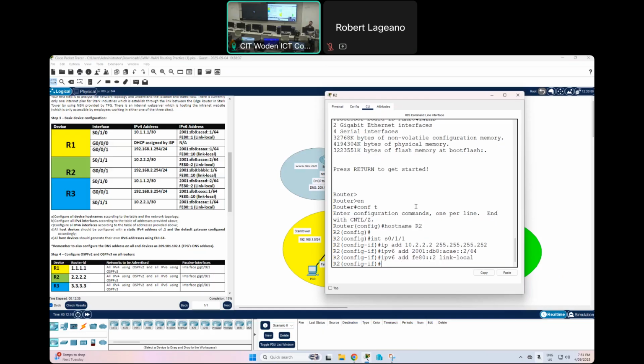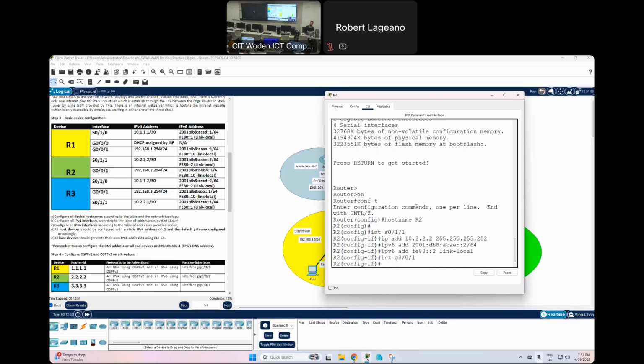Or is that like a private? They're done. Next interface. By the way, when you go from one interface to another, you don't need the exit. Remember this. For you to go from one interface to another, you don't need to do exit. This is going to save you time. Just do interface GigabitEthernet 0/0/1, IP address